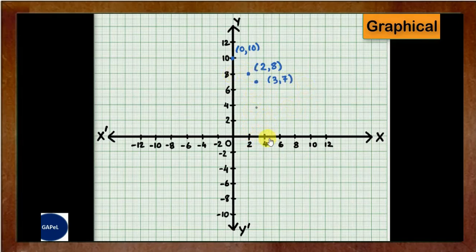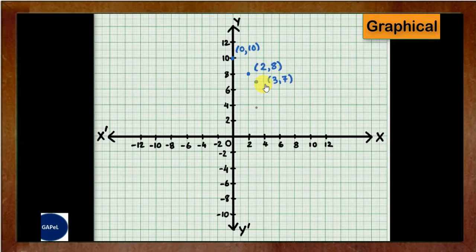Similarly third point is what, 3. Now this is my 2 and this is my 4. So in between point will be what, 3. Okay, because this is 0, this is 2. Okay, 1, 1, 2, 3, 4. So 3, 7. So this is my 3 point. Always make sure that you use 3 points.